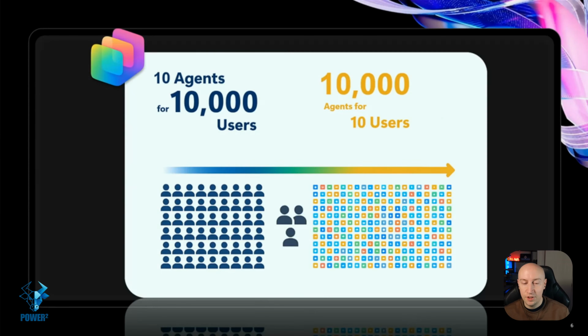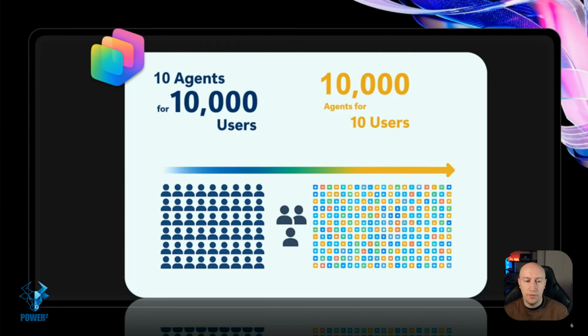Yeah, sure. Thanks, Josh. And hi, everyone. I'm always so excited when we have these conferences that Microsoft do, and I'm just so curious as to what's going to come up. And there were some really cool things from a governance perspective. So what we have on the screen at the moment is a new concept from Microsoft, which is 10 agents for 10,000 users and 10,000 agents for 10 users. So it's this 10,000 for 10 style of thing. But what does that actually mean?